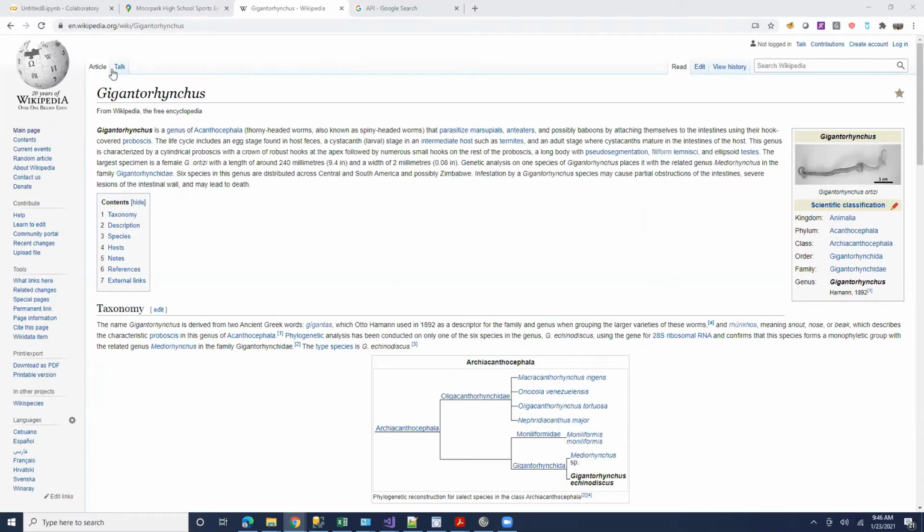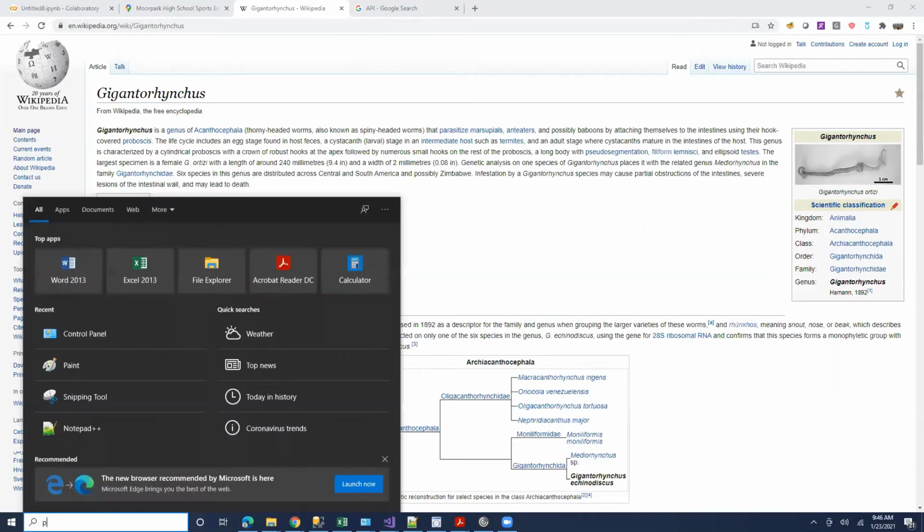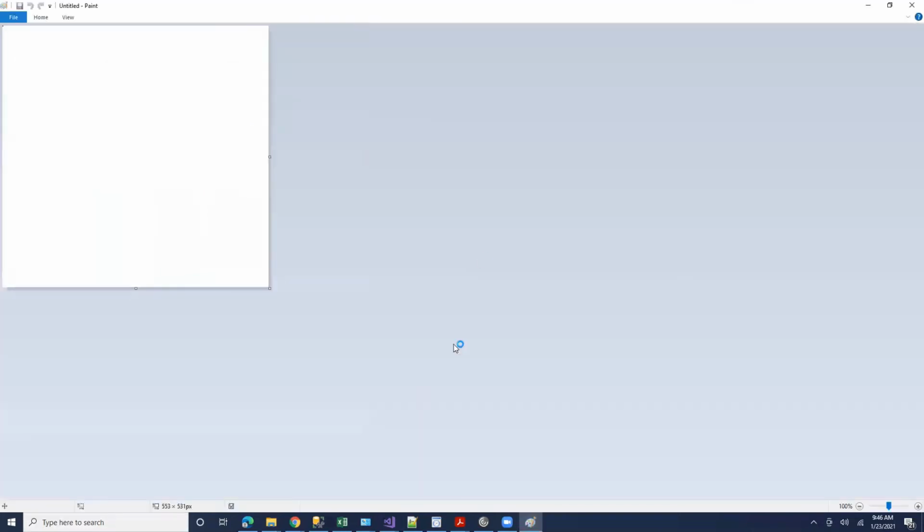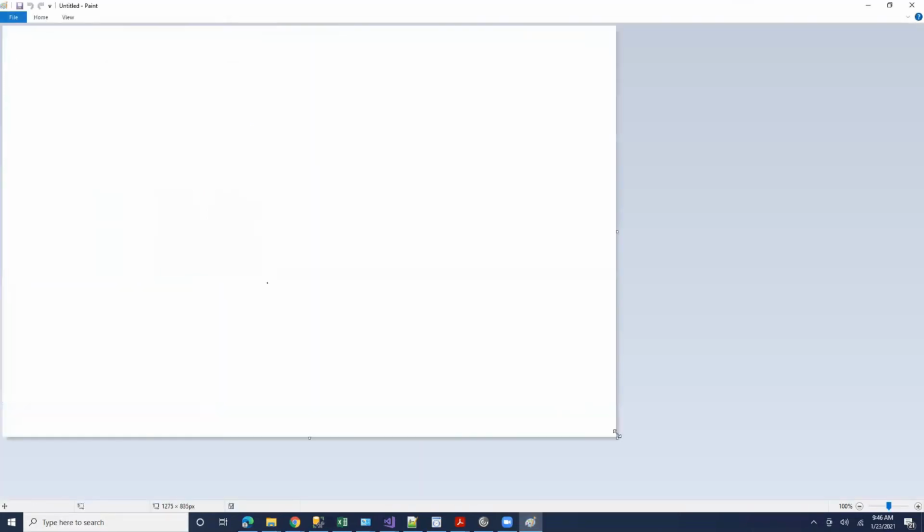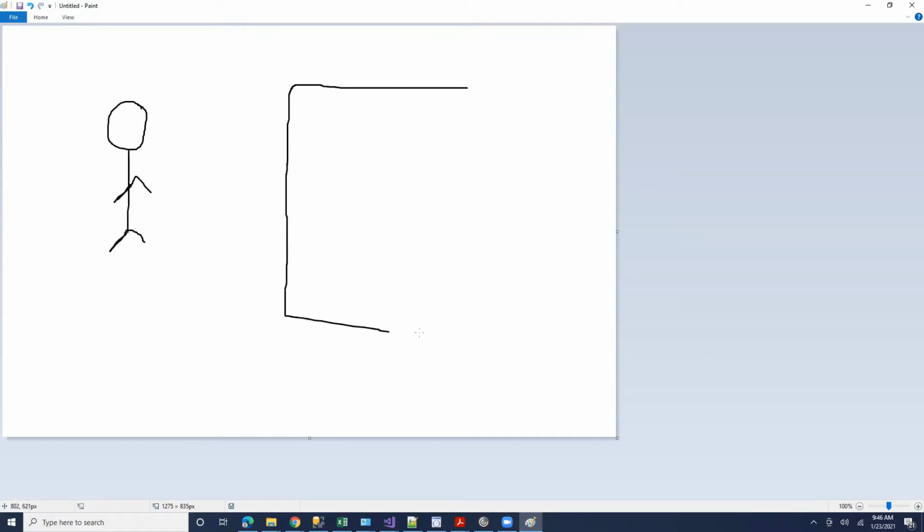So now, how do you do this programmatically? Actually, before we go into the programming part, let me just do it in Paint. I'll draw something. I don't know if it will be good. So this is you. I'm hoping I'll draw somewhat decently. So you are going to a URL, which is like a web page, and you are asking for some information.